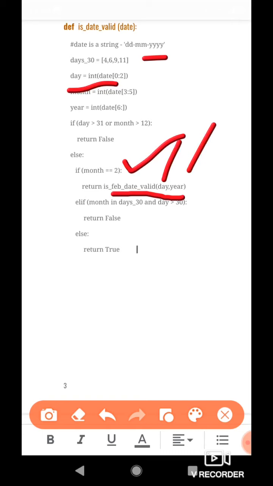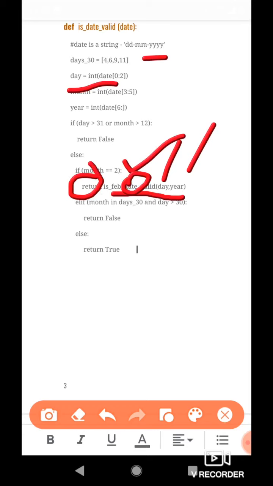Look carefully here: we are calling this function isFebDateValid with arguments day and year if the month happens to be 2, and whatever is returned by this function is being returned by this function also using this return statement.